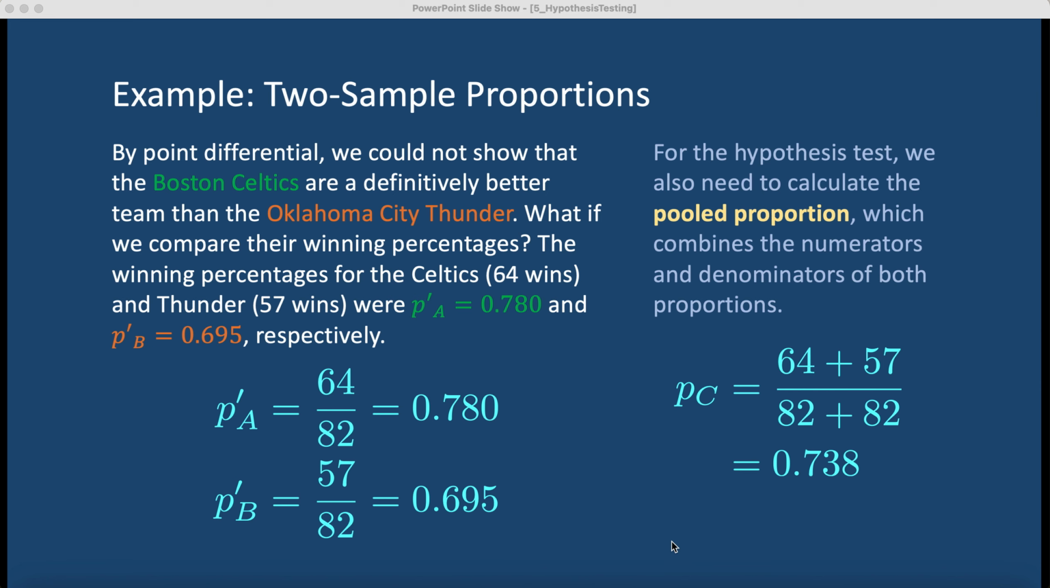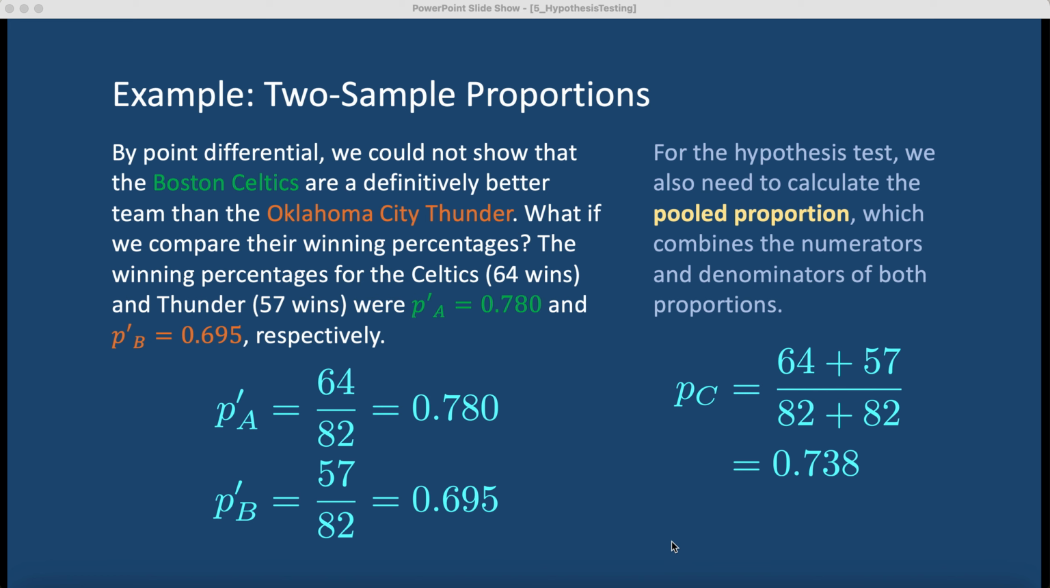Previously we saw that when you looked at the point differential between the Boston Celtics and the Oklahoma City Thunder, there was a difference between them, but it wasn't big enough to rule out the possibility that they're equivalent teams. That, given an infinite number of games, they would have the same point differential. So let's look at a different measure, and this gives us an opportunity to compare two sample proportions instead of